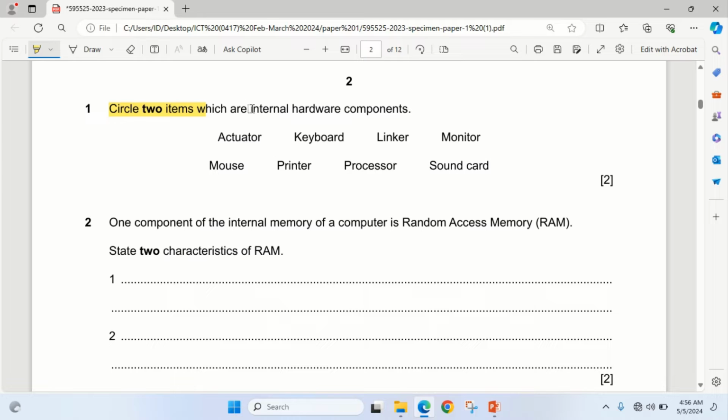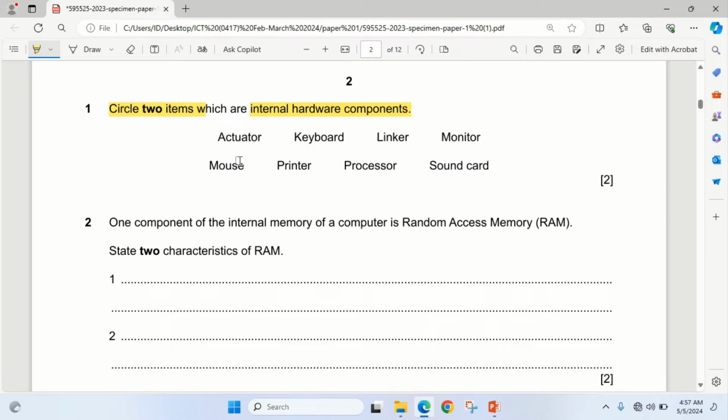Items which are internal hardware components. So that means we could have internal hardware components and external hardware components. The internal hardware components are the components that are found inside the motherboard. So let's start. Now, actuator cannot be found inside the